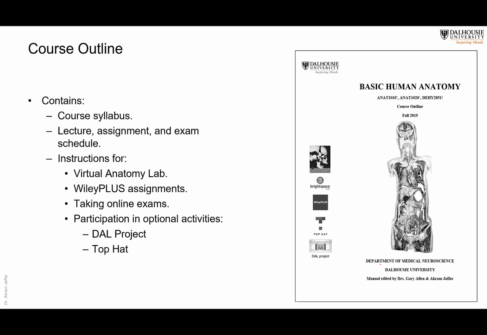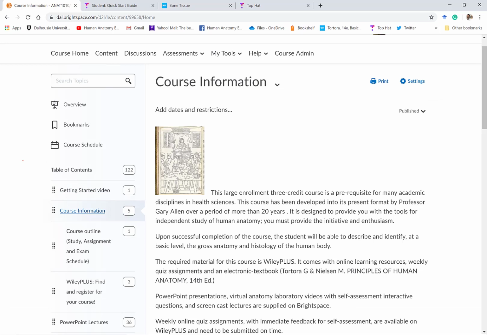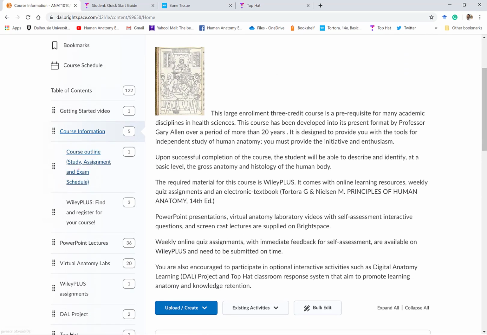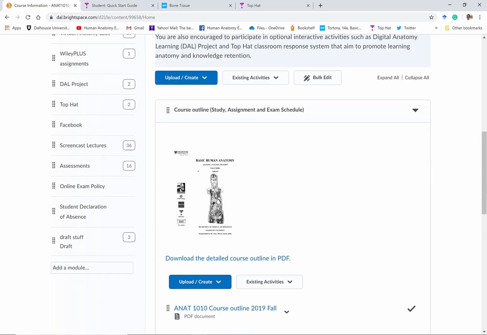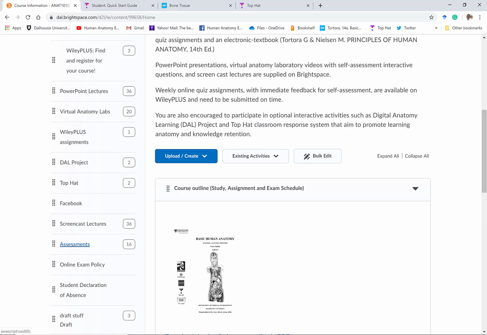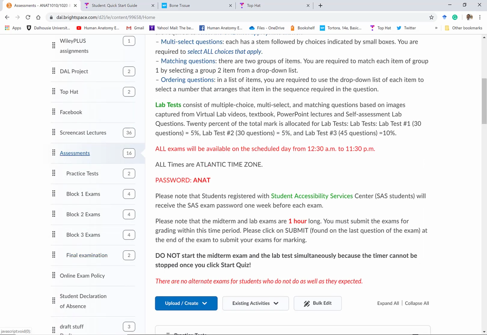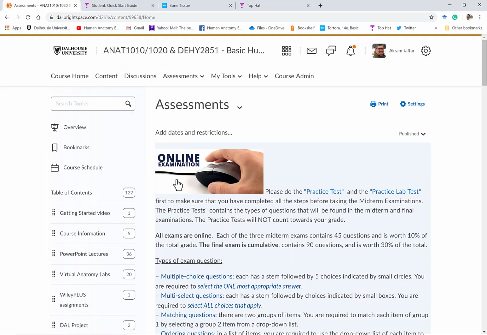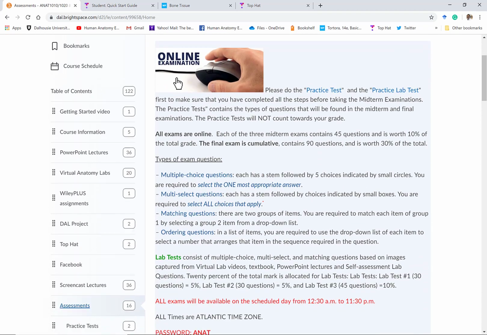Again, all course information is available in detail in the course outline, which is a PDF file that you can download from Brightspace. Here you are. Go to Brightspace, Course Content, and then Course Information, and you can download the detailed course outline. Also note that with each content tab or section on Brightspace, you will find the relevant instructions extracted from the